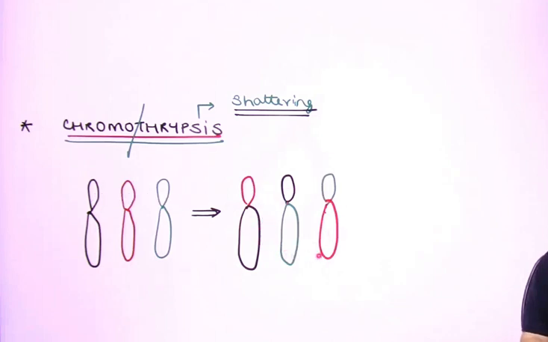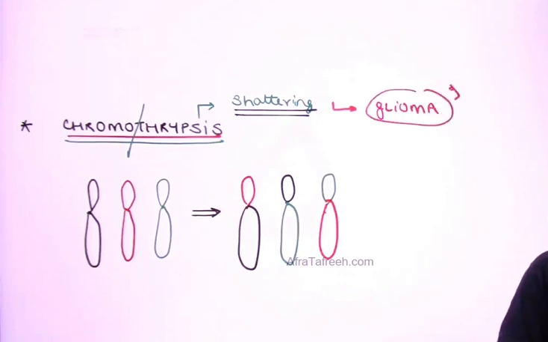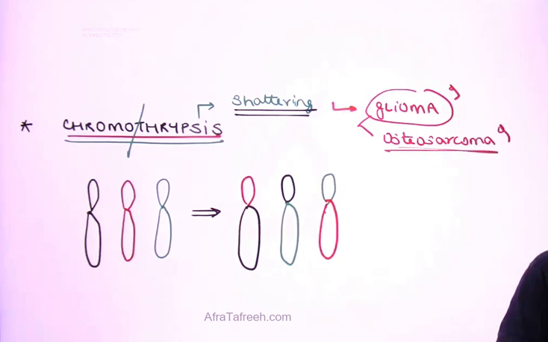Now, because of the abnormal chromosome fusion over here, there can be an overactivity of a proto-oncogene, so high chances of cancer. There can be an underactivity of a tumor suppressor gene, so high chances of cancer. So the point you need to be familiar with is chromothripsis: remember the word as chromosome shattering, and this concept of chromosome shattering these days is very importantly associated with a tumor like glioma. It is also associated with a bone tumor that I have discussed with you in a separate section in detail, which is osteosarcoma. So just be familiar with the concept of osteosarcoma and glioma associated with chromothripsis.